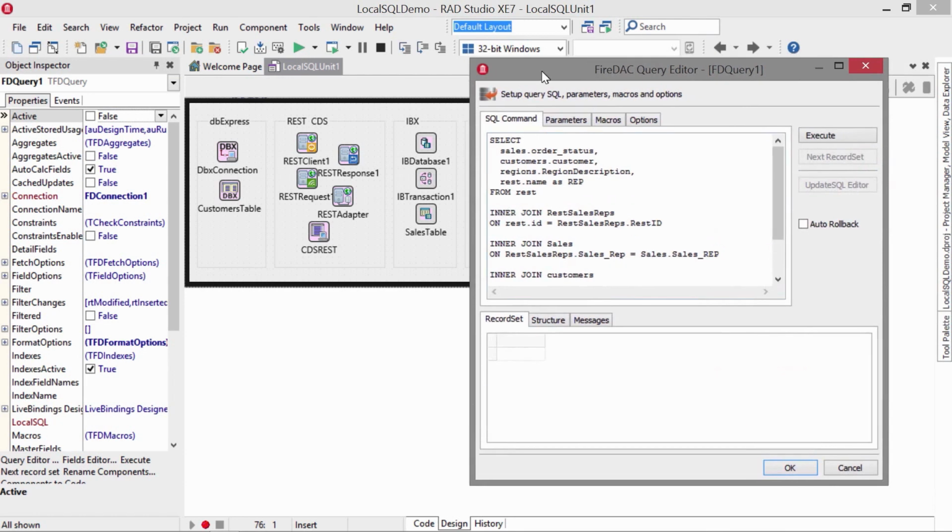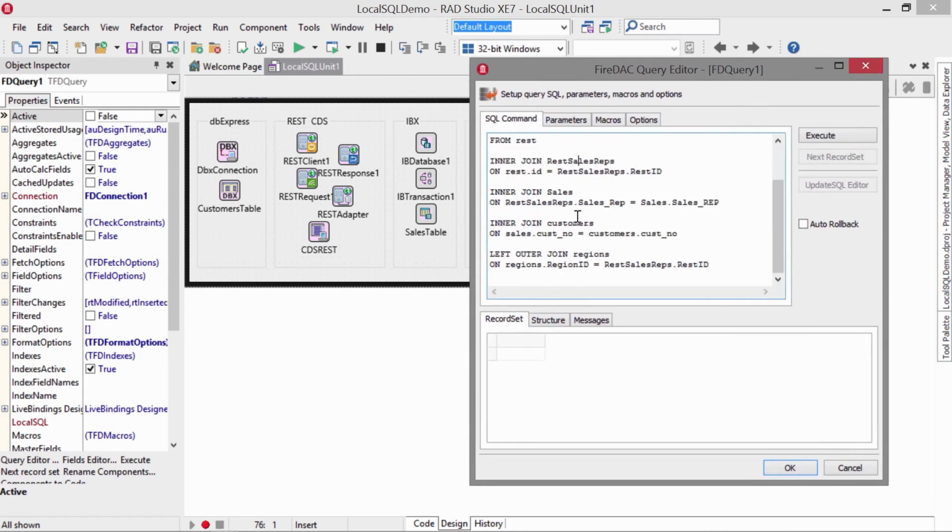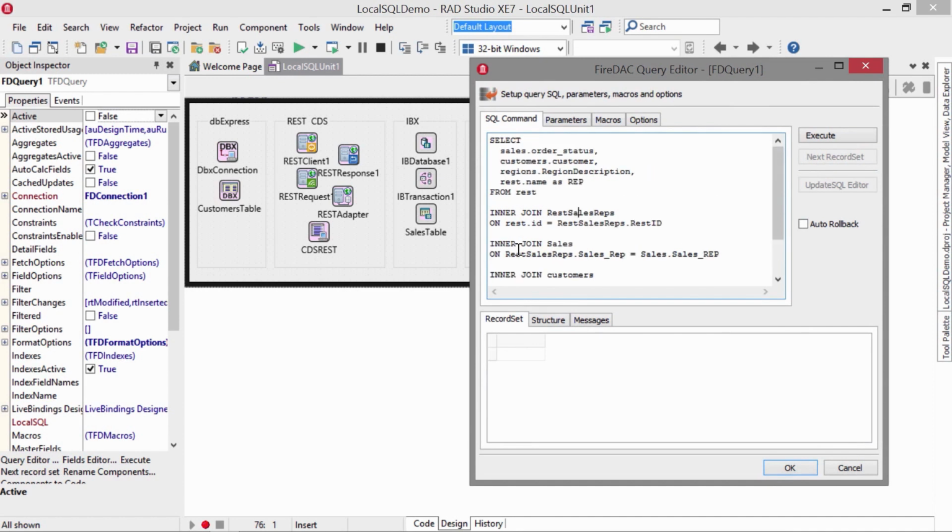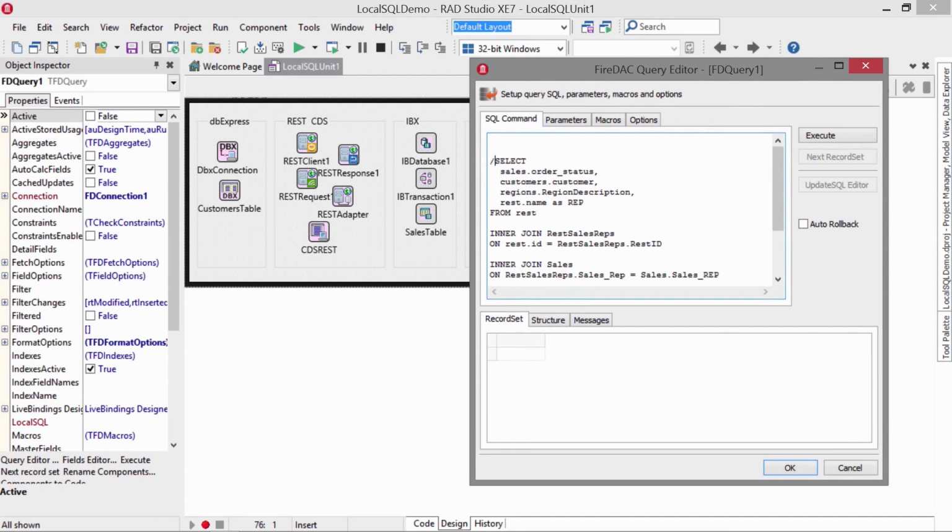Point it to the same connection here, so FD connection, and write your SQL. Now what I have here is a join. It's going to go through and join users tables, even with an outer join down here. Ooh, exciting stuff. Before I run that, I'm going to do a little spelunking. So we'll come up here, and I'll just put a little comment on this. And so let's go ahead and do select star from